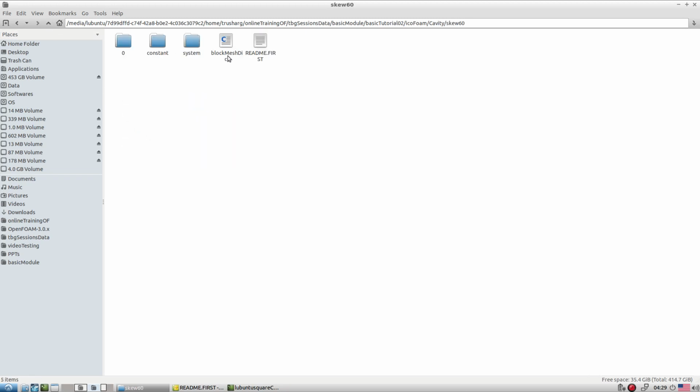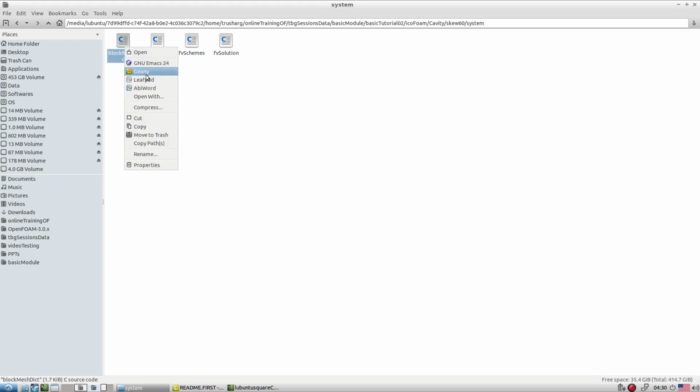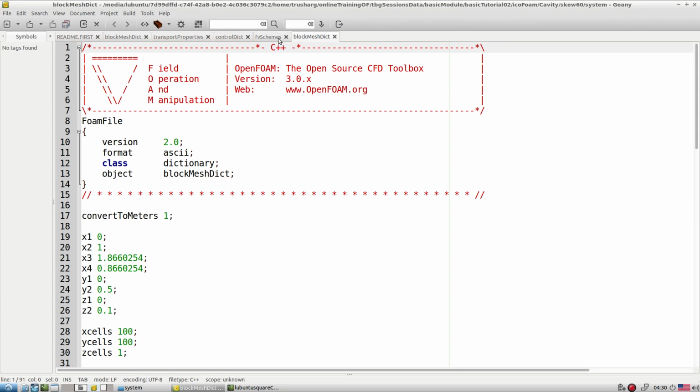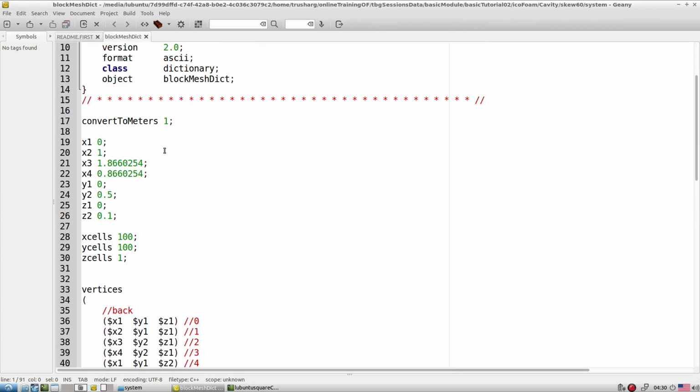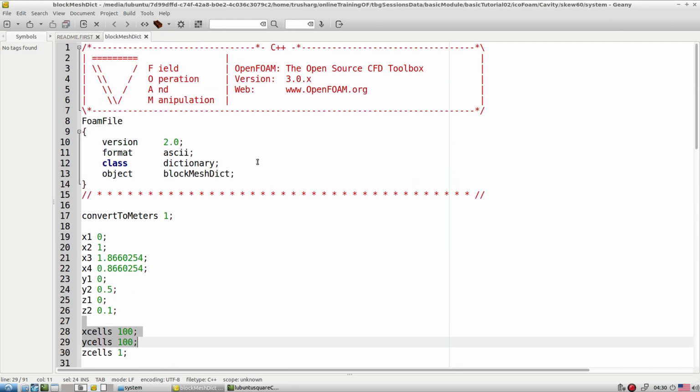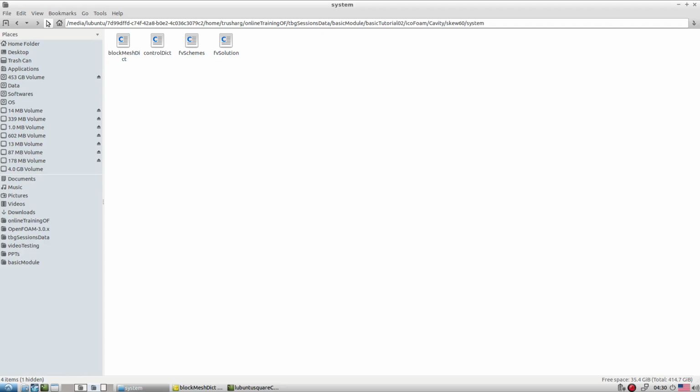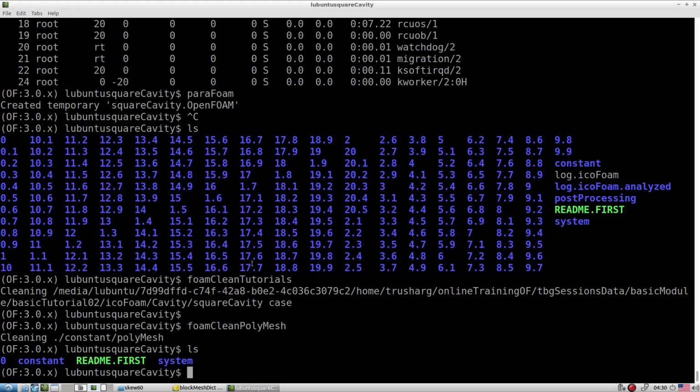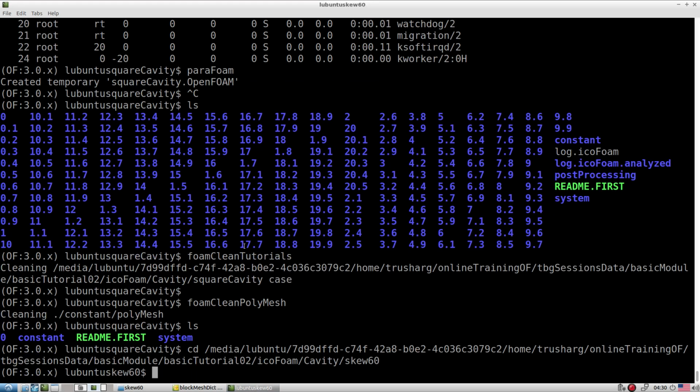But I gave you the blockMesh file, so use this blockMesh file. Here, please delete this file and keep that file, and check what it contains. The blockMesh file contains the appropriate coordinates, and 100 by 100 is the mesh size. It's a very simple blockMesh that you have already gone through. So let me quickly execute blockMesh and check how the mesh looks.